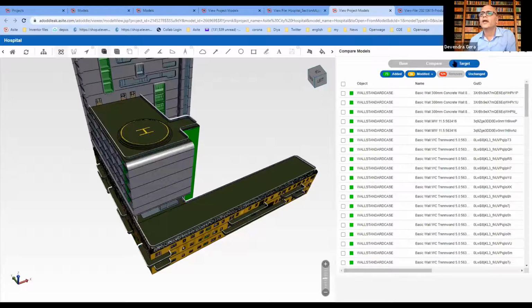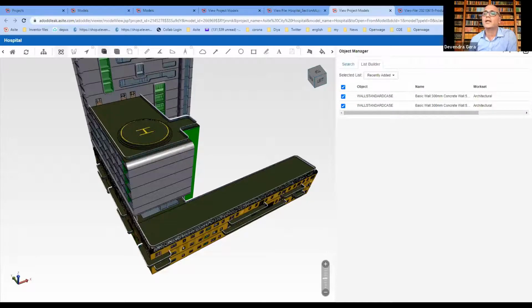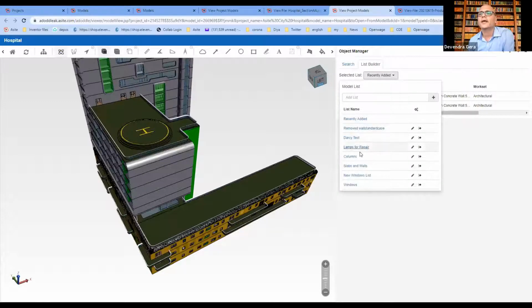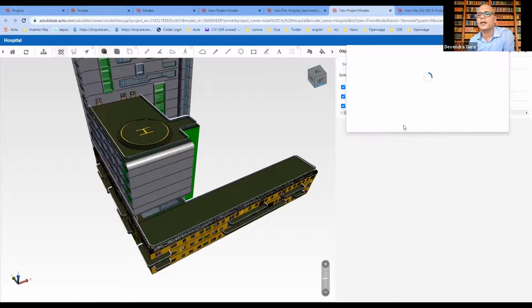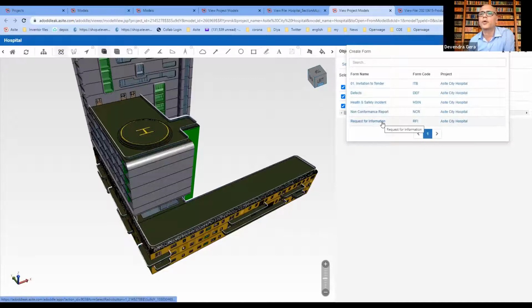And then we have different options here to build a list of objects. So from my model compare or from my object selection, I can build different lists, and using those lists, I can then create an RFI or non-conformance report or health and safety incident, and I can report and collaborate around those selected objects.